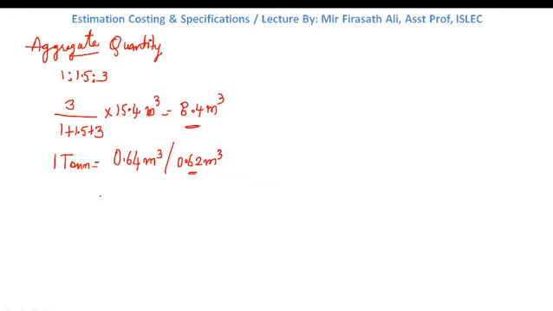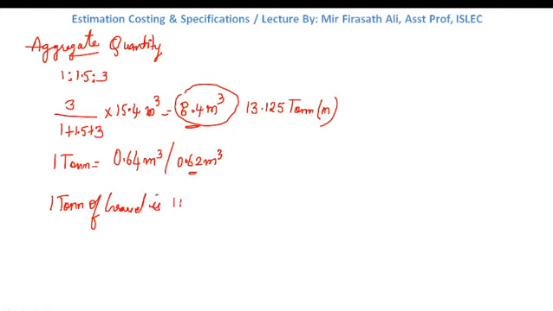So if we convert this 8.4 meter cube into ton, when we divide 8.4 by 0.64, we get 13.125 metric ton. The cost of 1 ton of gravel